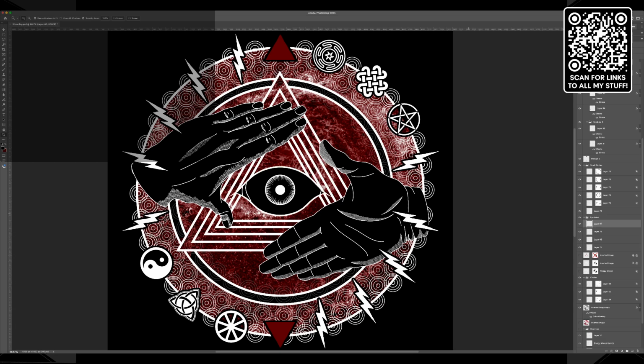So what I need to do is I need to find, is this the big circle? Yes. Let's go to the circle layer. Let's go ahead and do, let's expand that by 2 pixels just to move it inside the border.